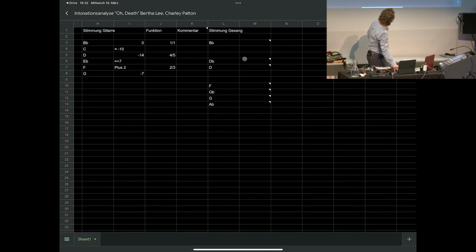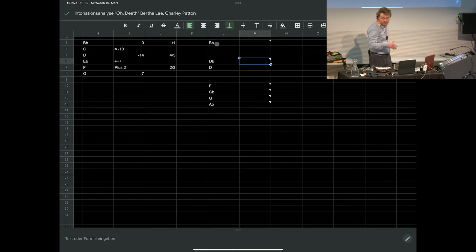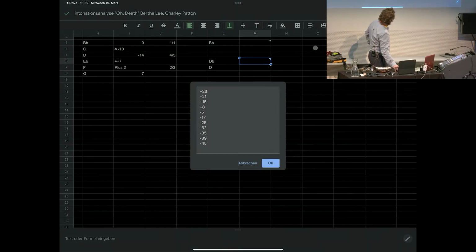And you can see that the tuning is B flat, the composition is in B flat, and guess what? How many different D flats can you find in this composition? In this song, you find all different kinds of varieties. So sometimes Bertha Lee and Charlie Patton play a D flat, the sharp 9 interval, like 50% too high, then 44%, 32, 28, 23, 21, 15, plus 8, minus 5, minus 17, minus 32, minus 35, minus 39, minus 45. So basically the whole range of a half tone